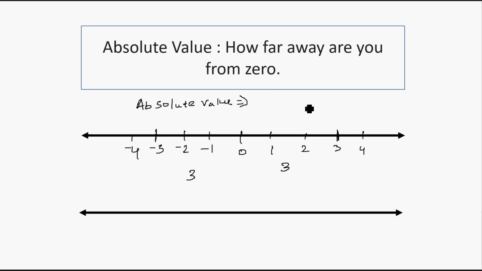Okay, so it is represented by the modulus operator. So modulus of 3, this is nothing but the absolute value of 3. It is 3. Okay, the distance from the origin. So modulus of -3 will be 3. Modulus of -7 will be 7. Modulus of -7.5 will be 7.5. So how far the number is from the origin is important, right?